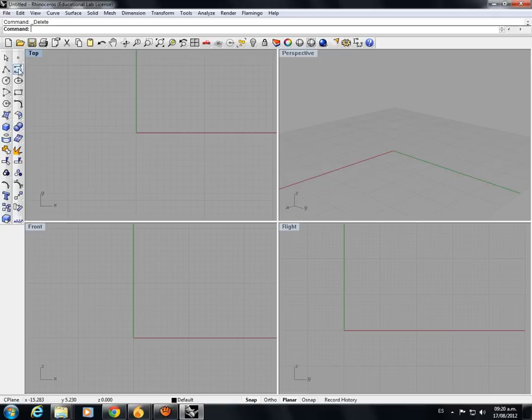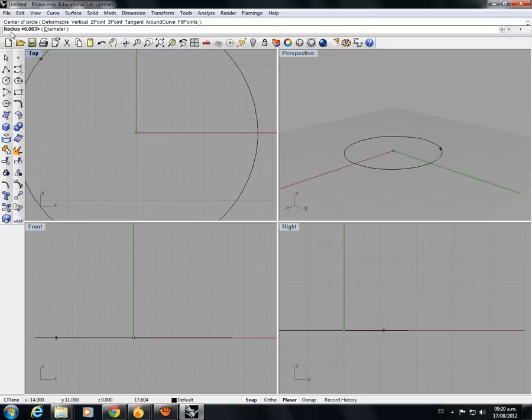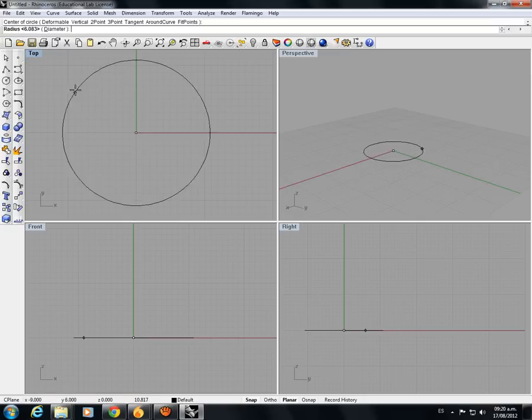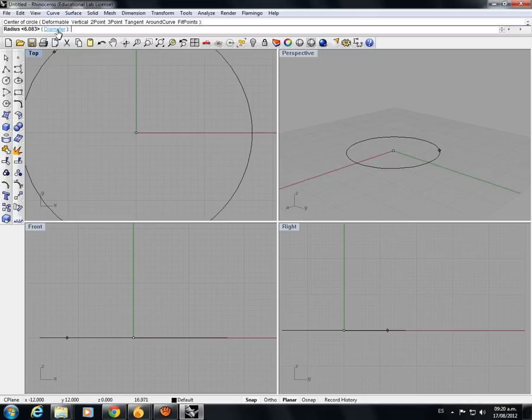Okay. Now, underneath those two tools, you have also the circle tool. You can create a circle, and you can specify the radius. Now, on the top, on the command line, you see that it says radius and diameter. What we are specifying here is the radius. That's why it's bold. If you want to specify the diameter, then you click on diameter and give the measurement